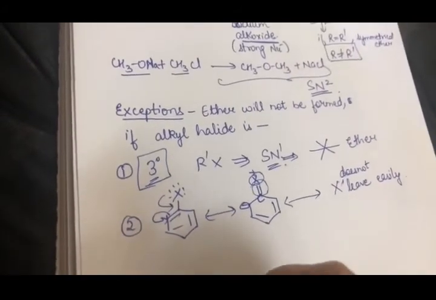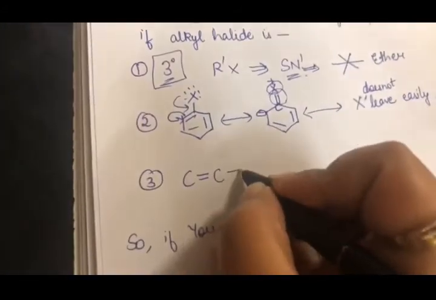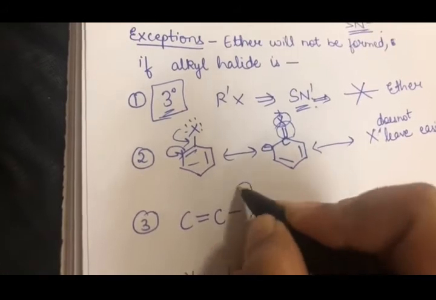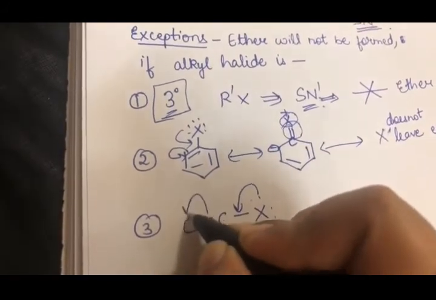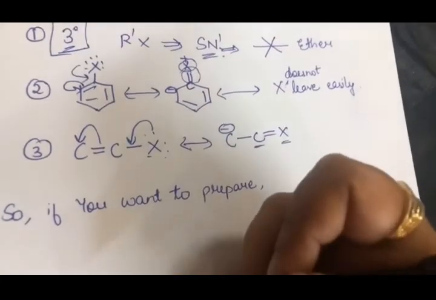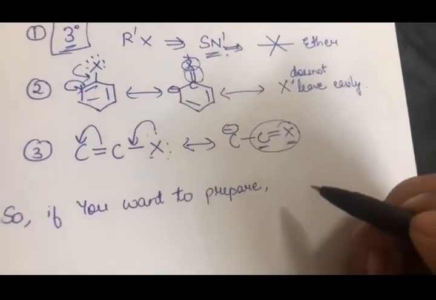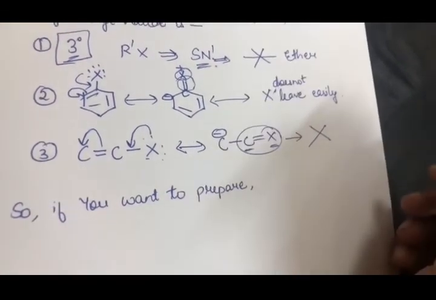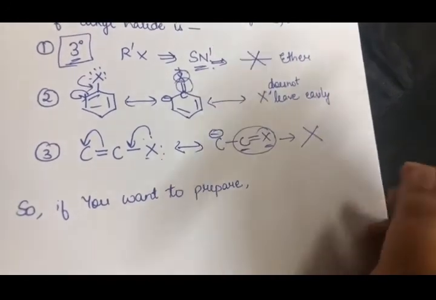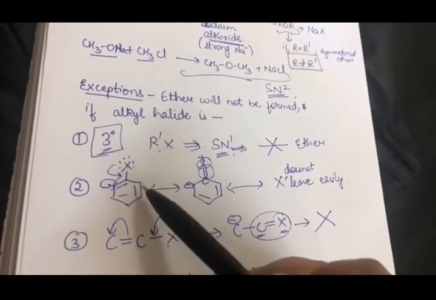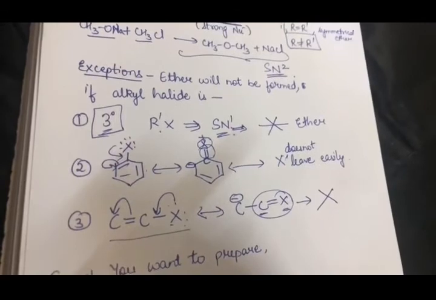And the third case, it will again not occur if the alkyl halide is in this shape. For example, what will happen now? This will come here. This double bond will shift to the next carbon. So there would be a structure wherein there would again be a double bond character between the carbon and the halogen. So again the bond would be strong and the halogen will not leave very easily. Hence this will also not support Williamson synthesis. So please always remember that Williamson synthesis is not successful when you are taking the alkyl halide as a tertiary one, an aryl halide, or one with a double bond character.